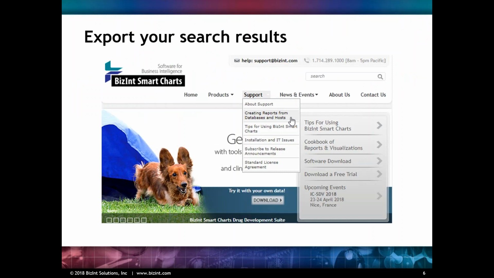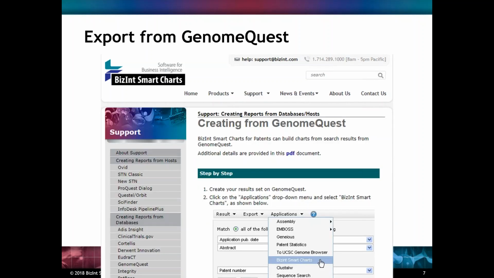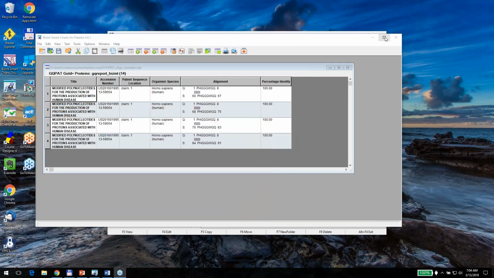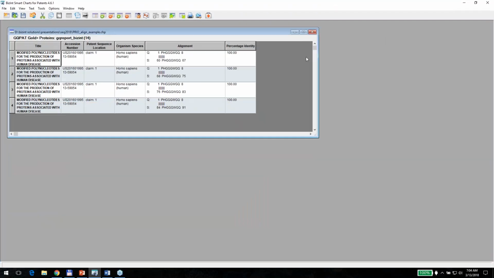And just as a reminder, when you're on our website, if you want to build a report from one of these platforms, under support is a section, creating reports and databases from hosts, where you can find instructions step by step for each platform. And we will be taking new screenshots of the GenomeQuest platform, which has changed slightly since the last time we put these instructions up. So I'm going to leave the slides now and go into a presentation of